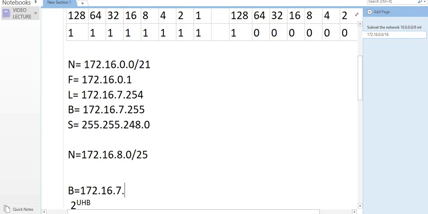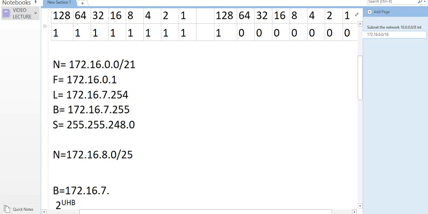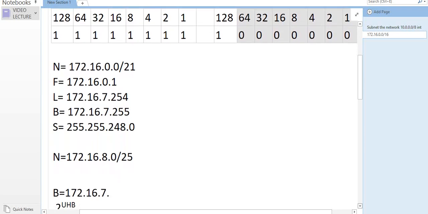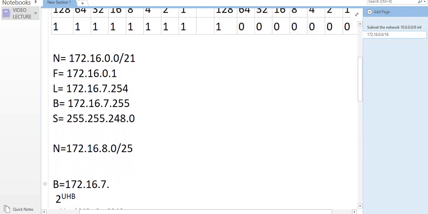Dot. Now the sum of the bits that are in the host portion here that are usable, this sum here, is what we are asking. 64, 32, 16, 8, 4, 2, 1 is 127. So we have to add that 127 to this 0 to give us exactly 127. So the first valid IP address here is